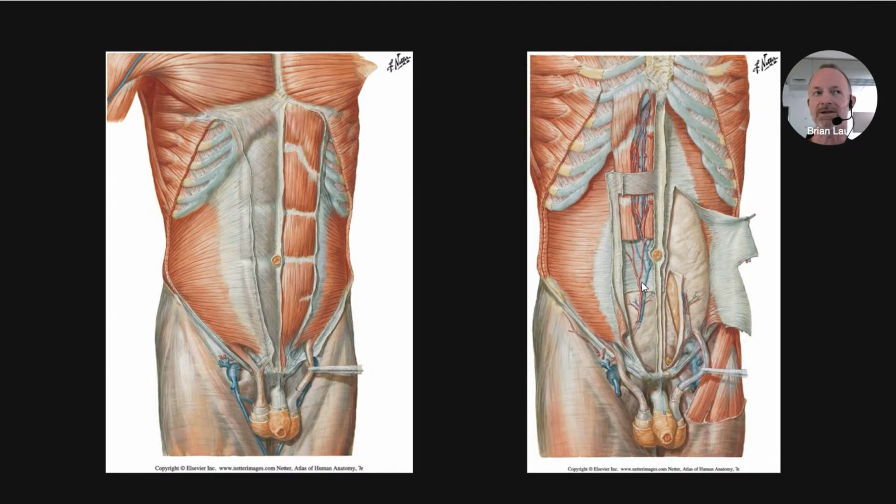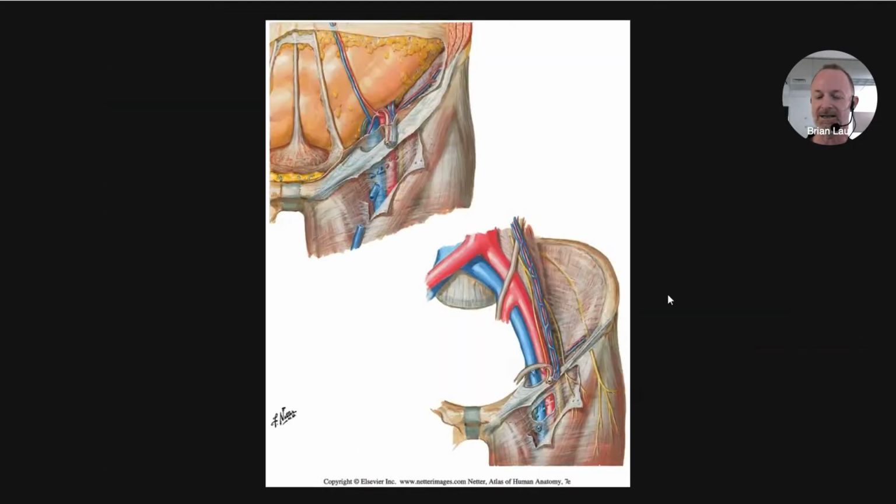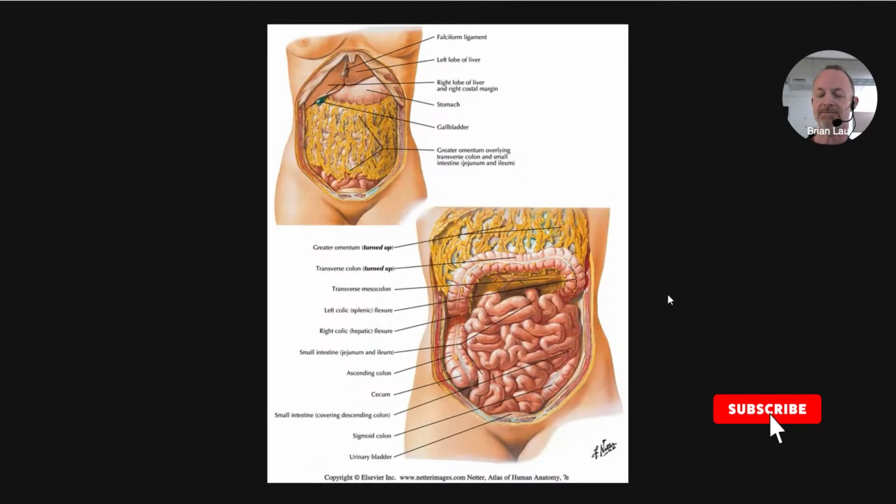The reason I'm going into this detail is that when you do this dissection, sometimes it's very adhered. As you start removing and lifting the rectus abdominis from the pubic bone and lifting it off, it starts to tear the peritoneum because of all the adhesions there. And why would that be so adhered? We have to get into the next layer, which would be the first layer in the visceral cavity and the abdominal cavity. And I'm going to go right to that here.